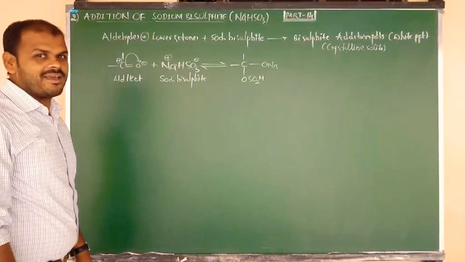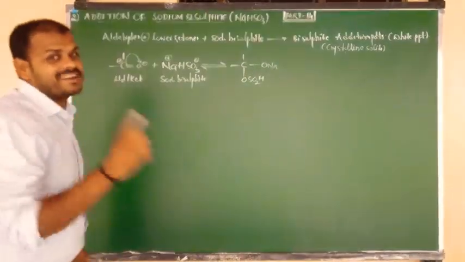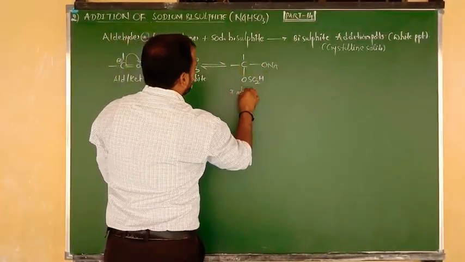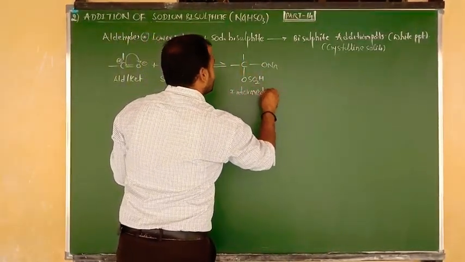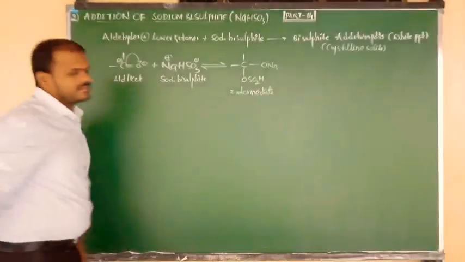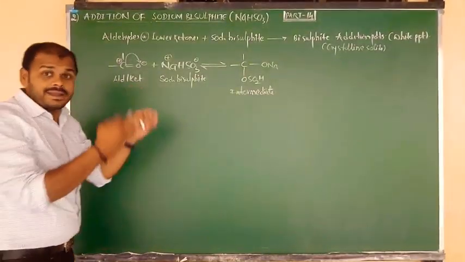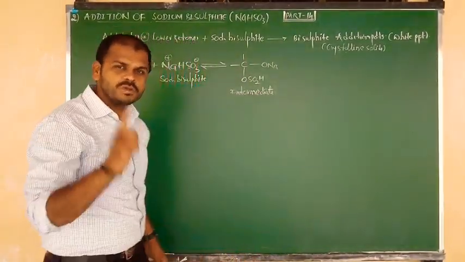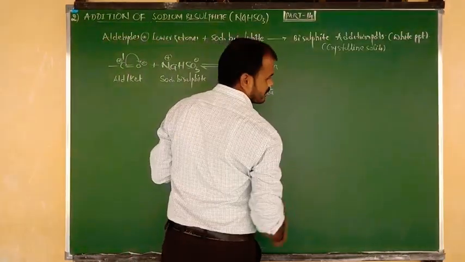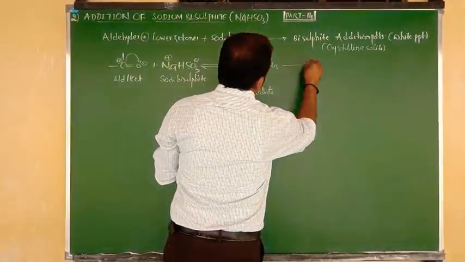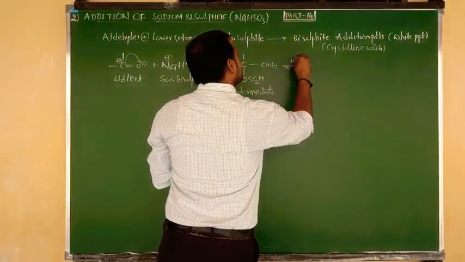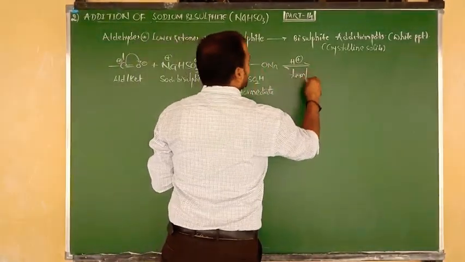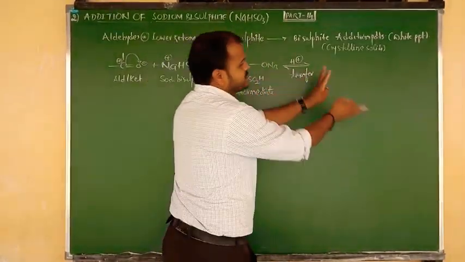I hope you understand. This is your unstable tetrahedral intermediate. Carbon has 4 bonds surrounding it, so this is an intermediate compound which is unstable in nature. Such an unstable intermediate can be converted into a stable form by the proton concept. So in the second step, proton transfer takes place. Proton symbol is H plus. The unstable form changes into the stable form.